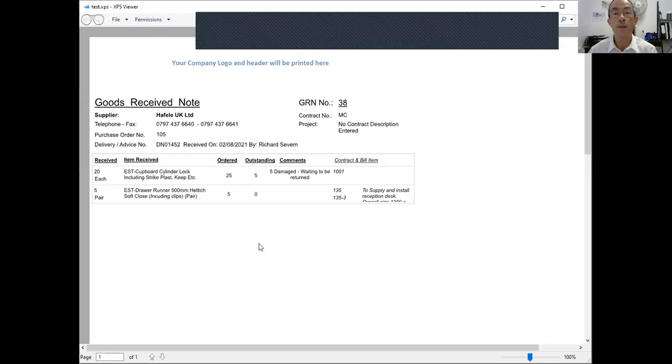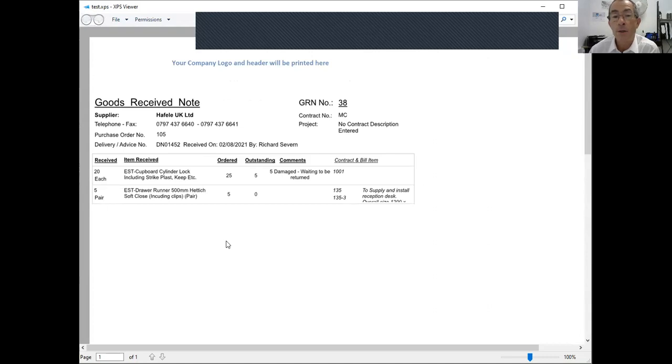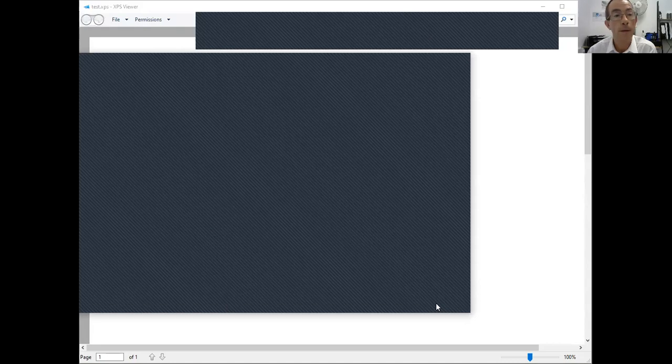You'll then see the delivery note, obviously with your company headers on there, and it will show the items. And this could also be used to email to the supplier to note that 5 were damaged and that they need to be returned. So I just change my screen sharing back